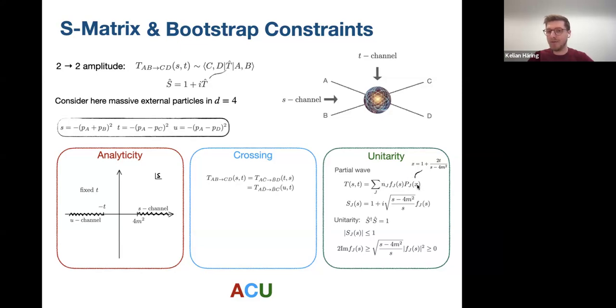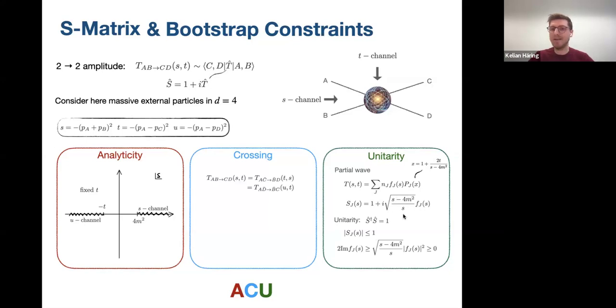This is the Legendre polynomial, which depends on the scattering angle. X is cos theta, the scattering angle. And these Fj are the dynamical information. They are the partial wave amplitudes. And so to express the unitarity, it's convenient to build this combination of the scattering angle, the partial wave